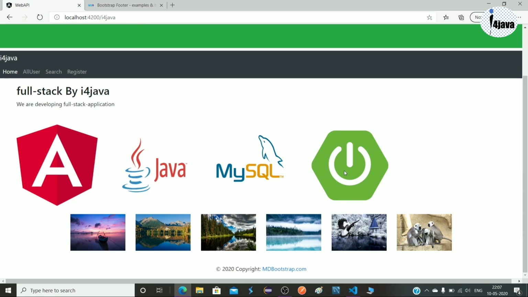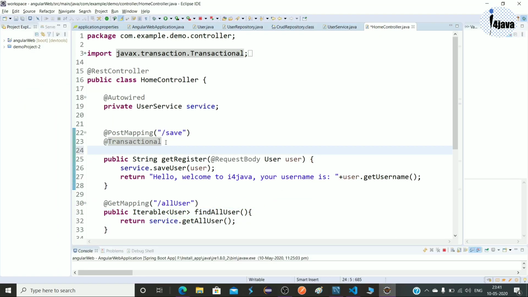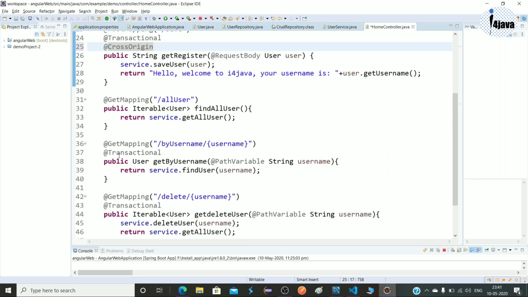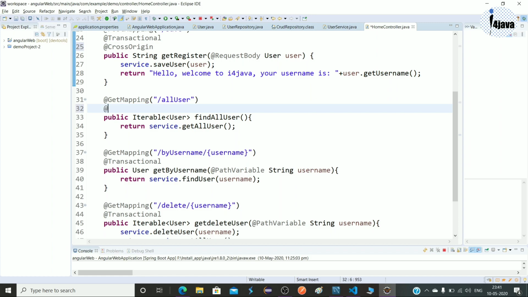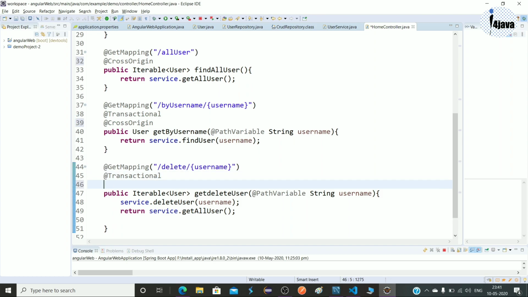So this is our home page, and let's go to our Spring Boot application. Because we are sending requests from another server to this server, we have to write one annotation called CrossOrigin, because Spring Boot will not allow any other server to hit its API. To allow another server, we write the CrossOrigin annotation on every method we are going to hit from our Angular application.